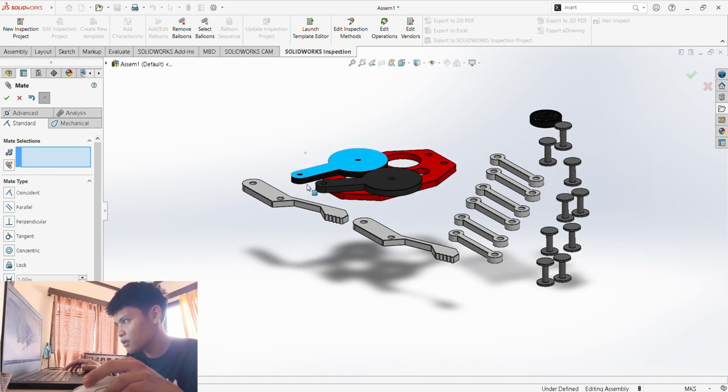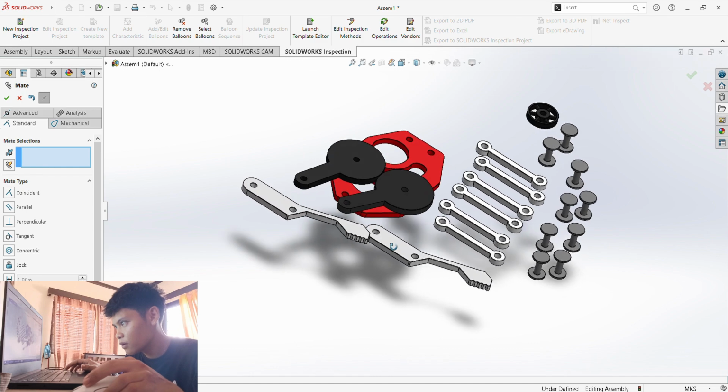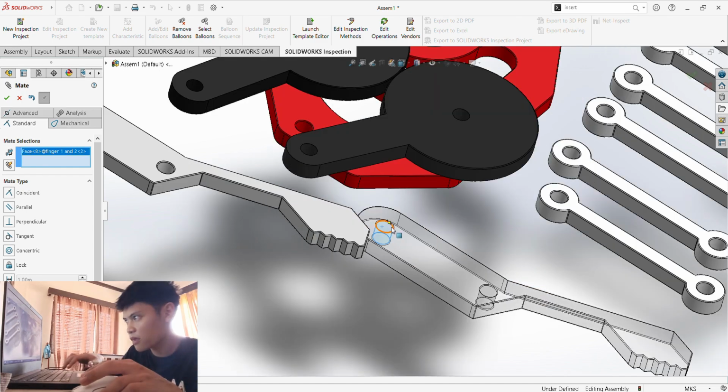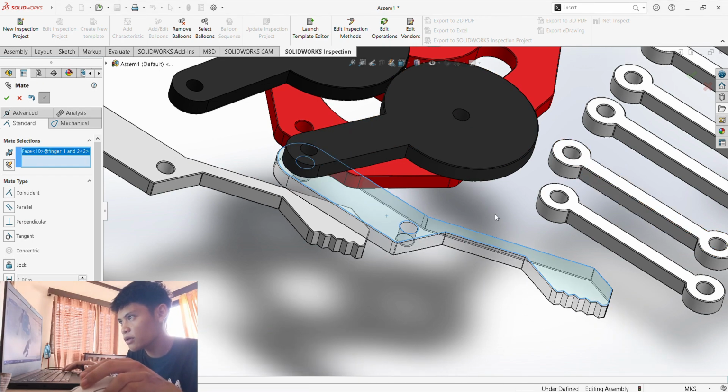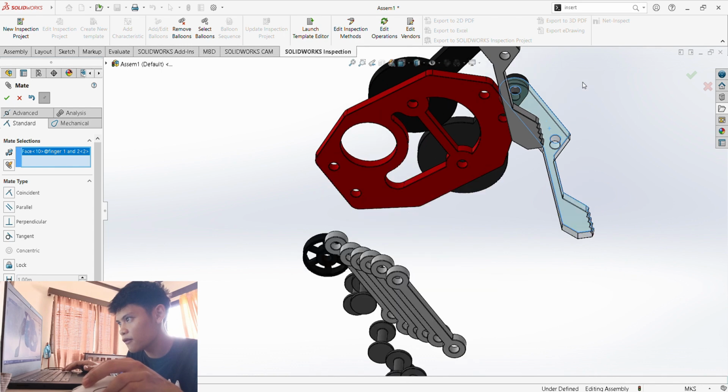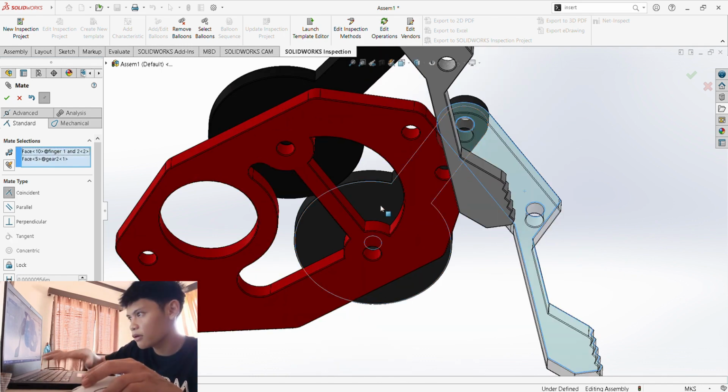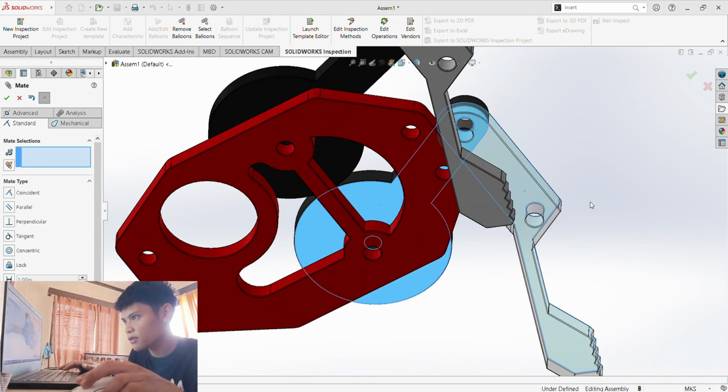So next, we have to mate this and this one. So press enter, and this one with the surface of this one, and enter. So now we can move this like this.